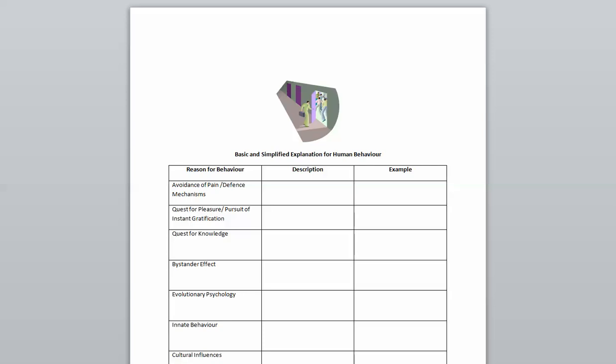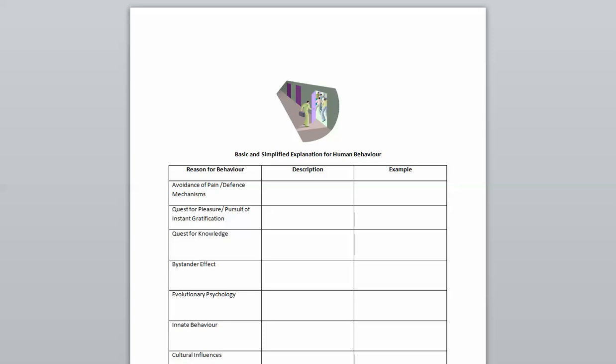Evolutionary psychology. This is interesting. This is the idea, and you talk about this more in HHS, that men need to prove their, I want to say, dominance or superiority or physical presence, and women need to prove that they're nurturers. So nurturers and caregivers, whereas men have to prove their protective nature.